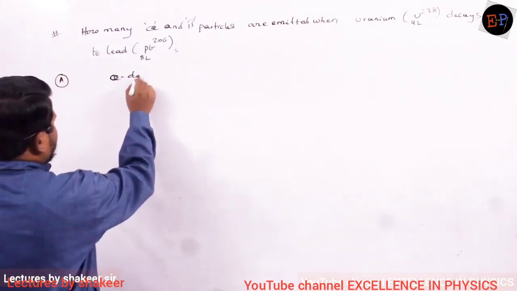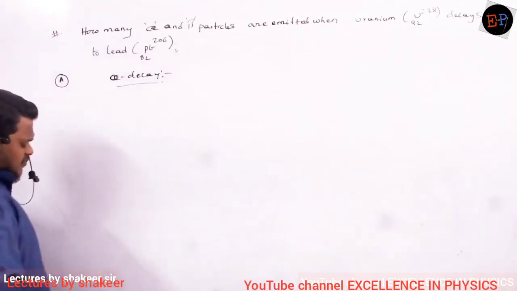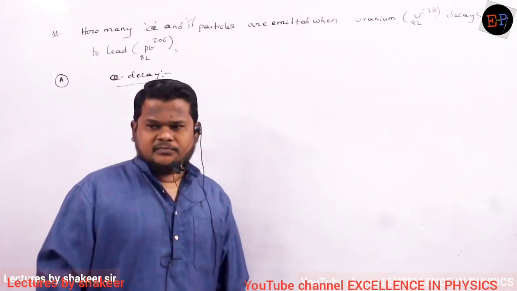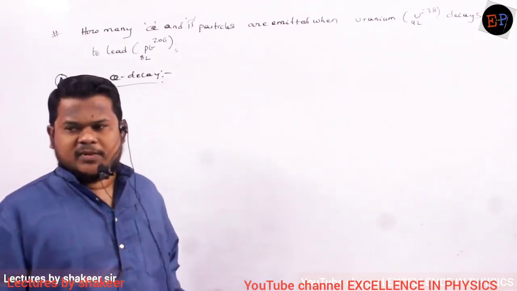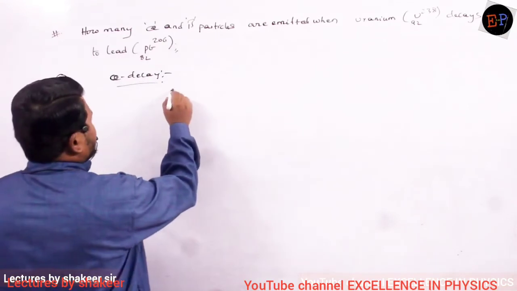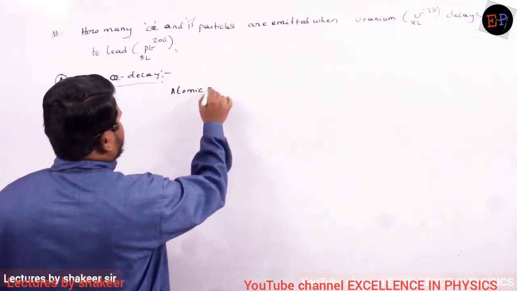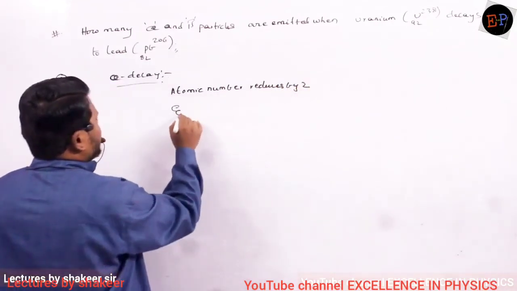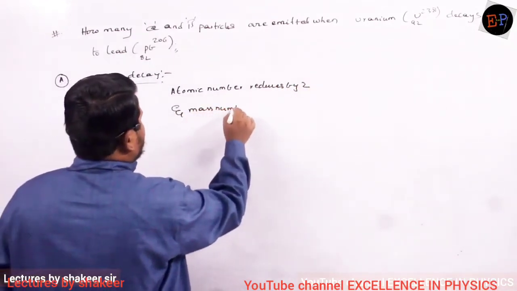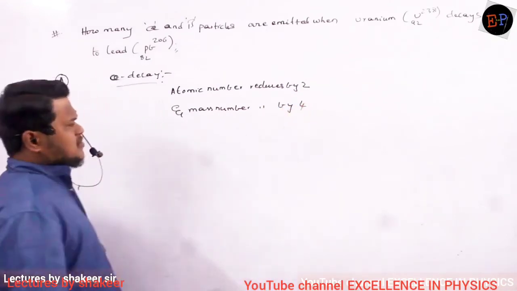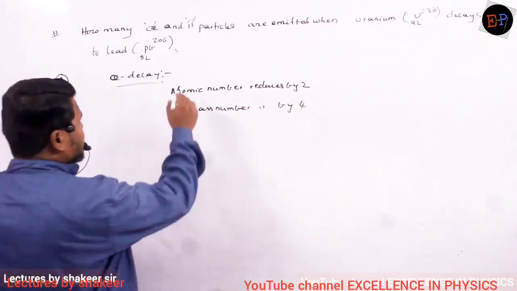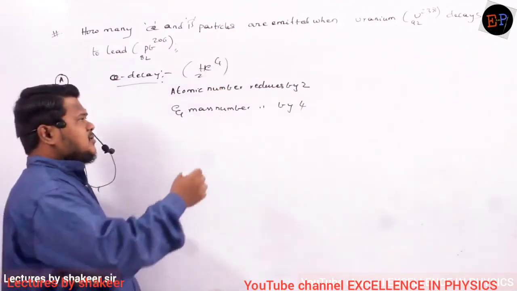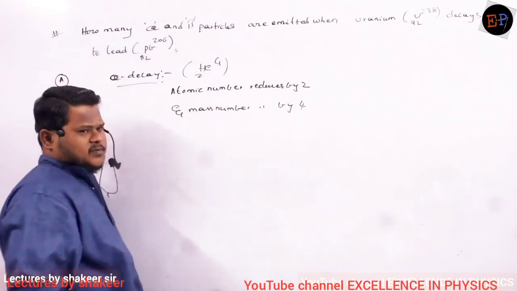First of all, let us study alpha decay. When one alpha particle decays, what happens? When the alpha particle goes out, the proton number reduces by 2, the mass number reduces by 4. So the atomic number reduces by 2 and the mass number reduces by 4 units. This is what we have studied, because an alpha particle is nothing but a helium nucleus. Helium 2 and 4 is called an alpha particle. So when one alpha particle goes out, the proton number reduces by 2, the mass number reduces by 4.